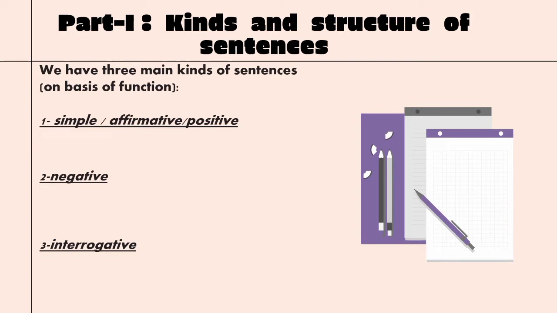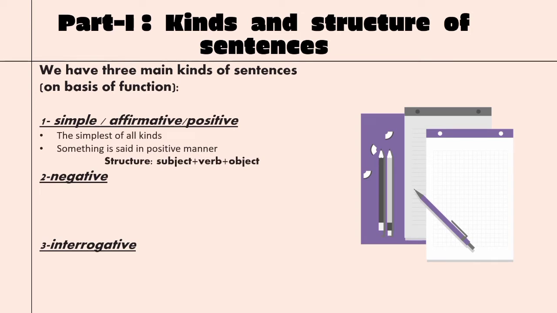Discussing the first kind, the simple sentences are also called affirmative and positive. These are the simplest kind of sentences, and in these sentences something is just stated in a positive manner. For example, we just state I am a girl or I play football. In these sentences something is just stated in a positive manner, so these kinds of sentences are called affirmative. The structure of such sentences is subject plus verb plus object, and this is the simplest structure of any